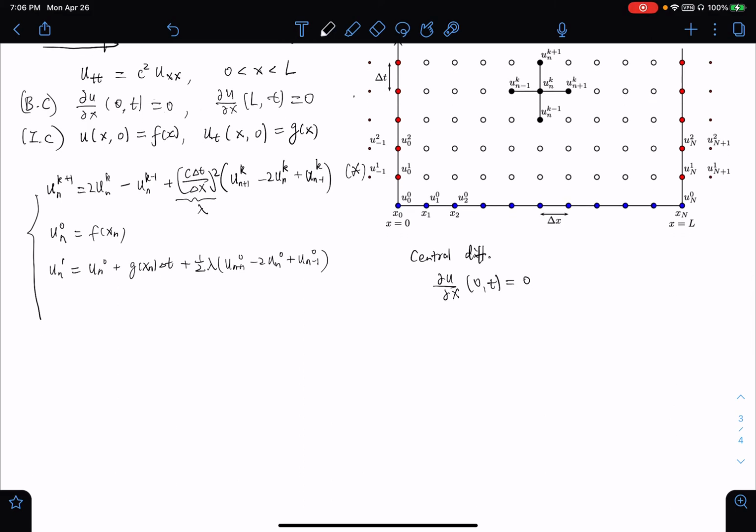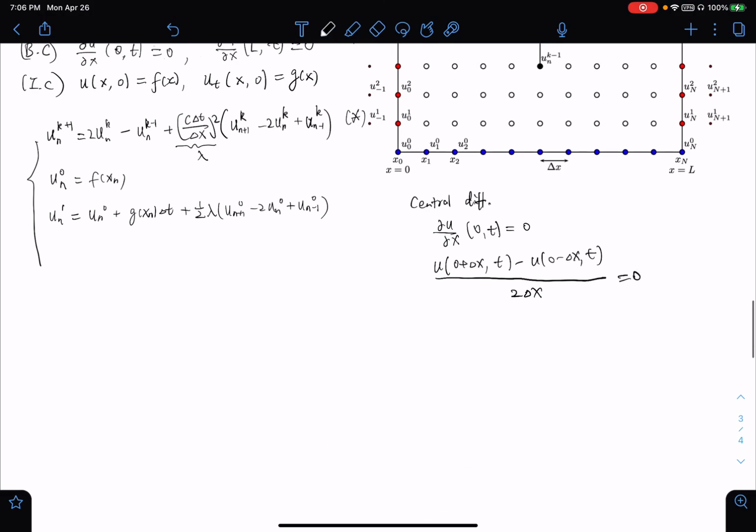Then we have u at 0 plus delta x at time t minus u at 0 minus delta x at time t, divided by 2 delta x, is 0. In other words, we have u(delta x, t) equal to u(minus delta x, t). And if we apply this to every time step t_k,